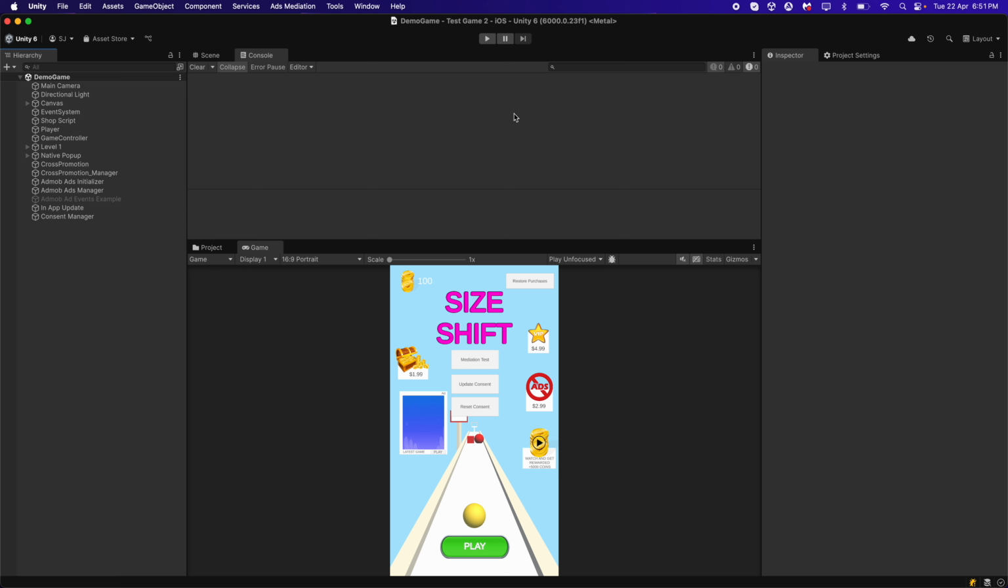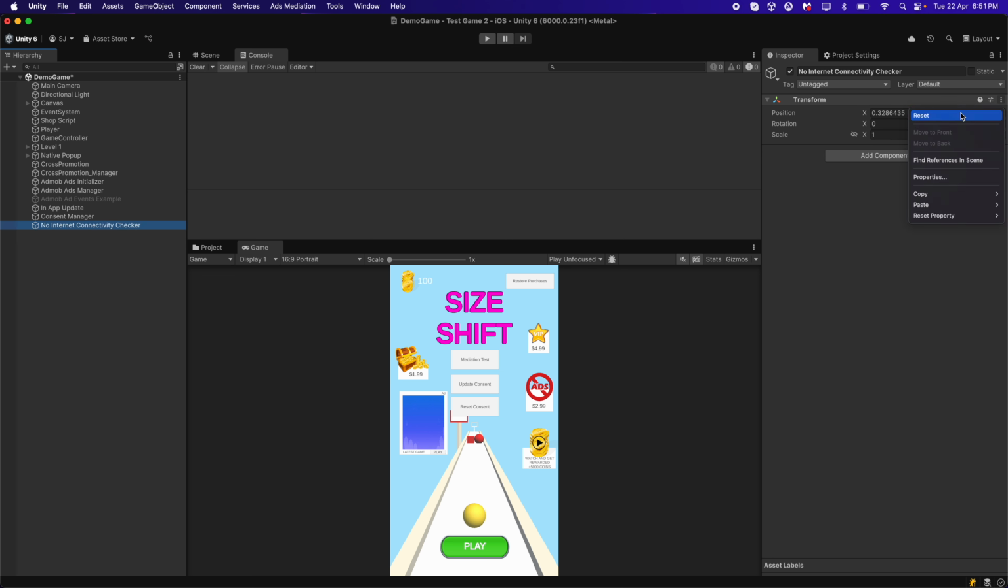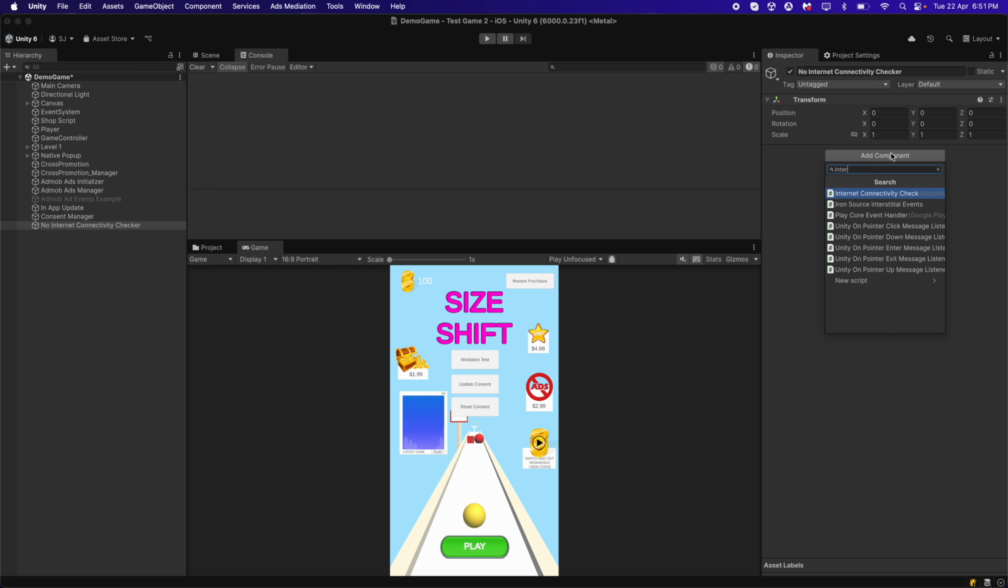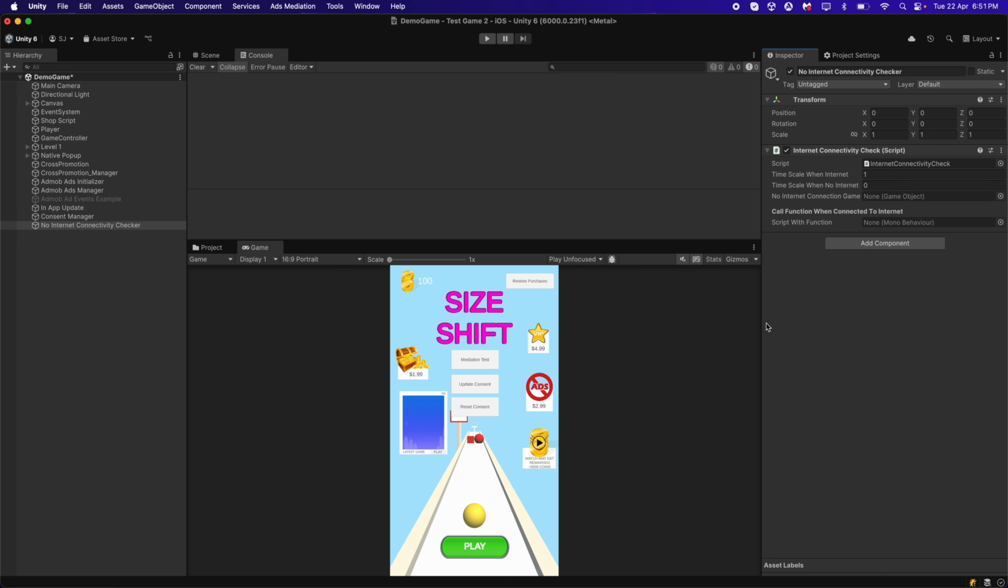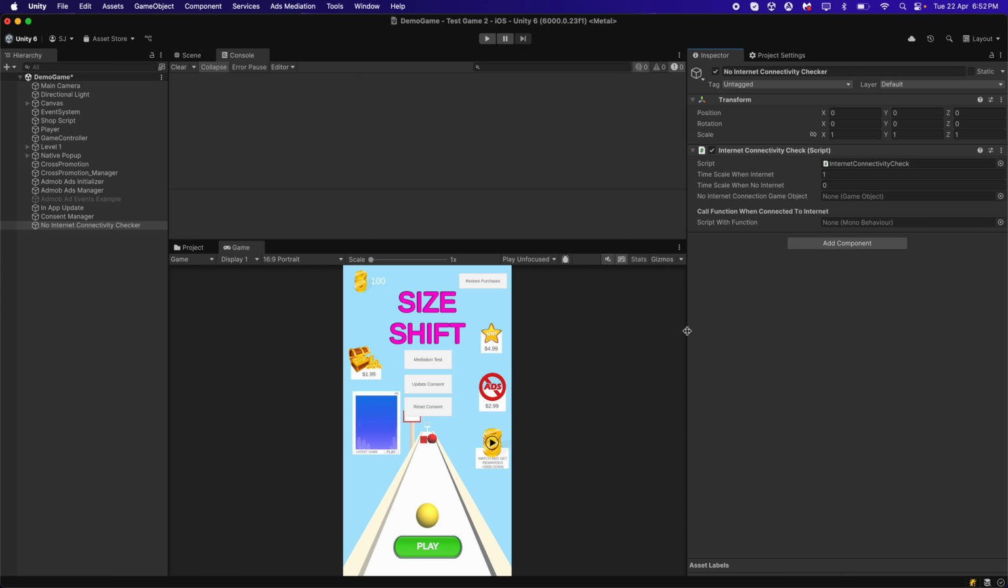To set up all this, first we need to create an empty game object over here and call it the no internet connectivity checker. Here we first need to reset this transform and add a component called internet connectivity check. This script will check whether the player is connected to the internet or not. Here you can see the time scale value when internet, which basically means we can continue playing the game. The time scale when there is no internet is set to zero. So we will make sure that the player is not able to play the game